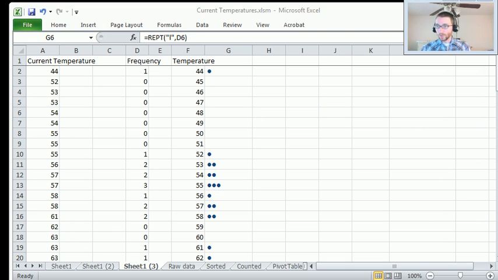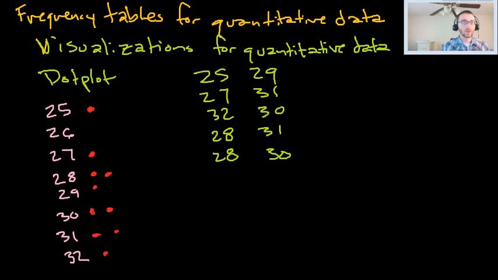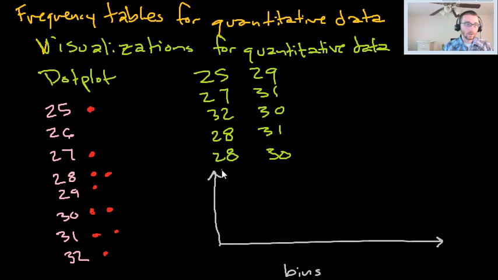Another one we can do is we can use a histogram. A histogram is kind of like a bar chart. I mean, it is basically a bar chart, but for quantitative data. So what we have, again, just like with a bar chart, is we have a horizontal axis as the category. In this case, it has the bins, right? With categorical data, it has the category. And then along the vertical axis, it has some measure of the